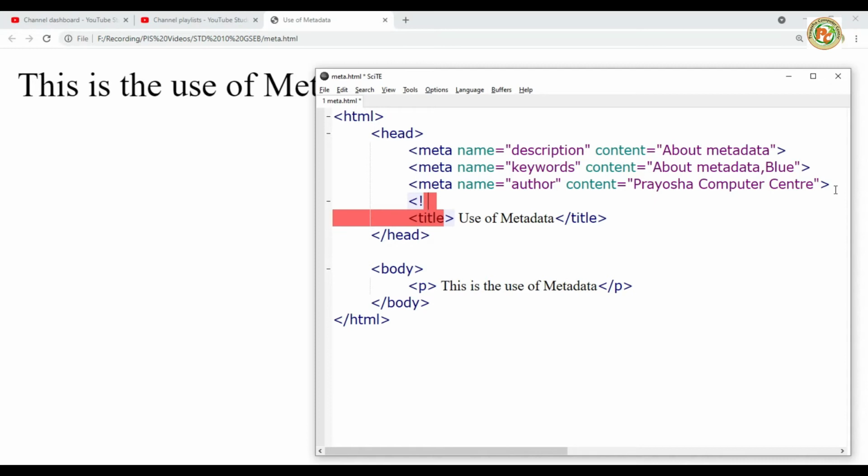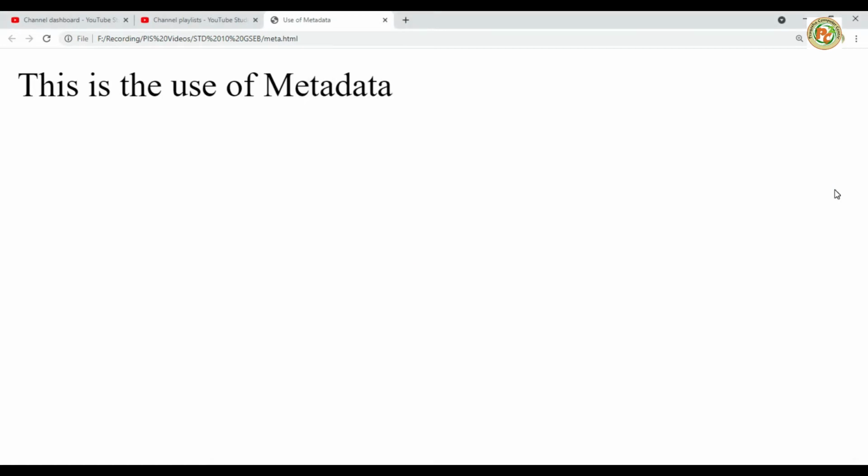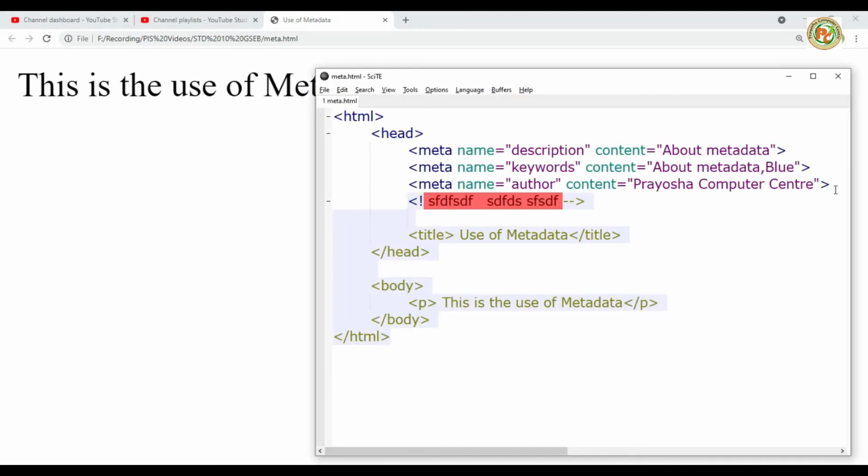Whatever you write here will be inside the comment, but after that I have to close the comment like this. So this is the comment, which is not accessible by the compiler, and it will not display on the screen also. Let's press F5, nothing will be affected, because a comment is only for the user or the programmer who reads this. They can easily get the idea what kind of code this is. That's why it is called a comment.